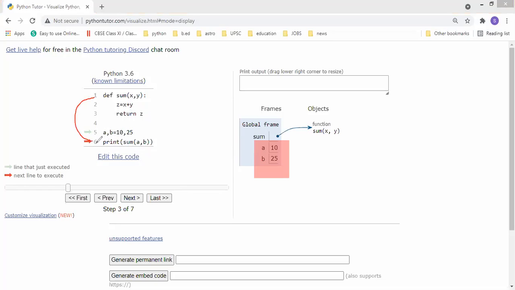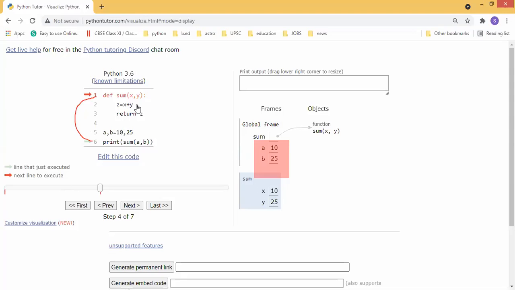It goes to the first line and gets the values. We have two variables, x and y. Whatever variables are present here are called formal parameters or formal arguments. Students understood?